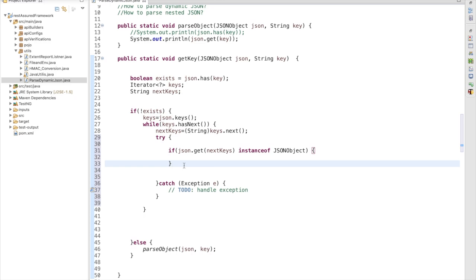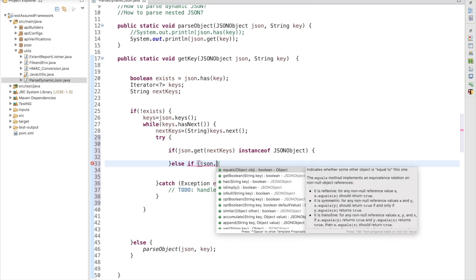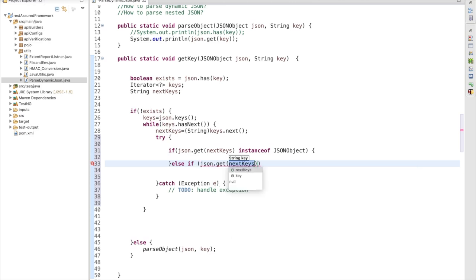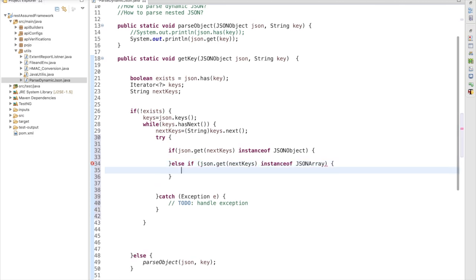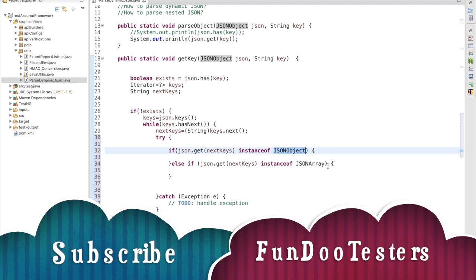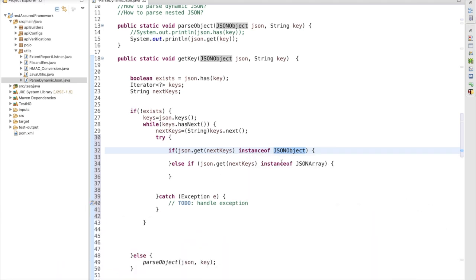And in the else condition, else if it is a JSON array, if JSON dot get next key instance of JSON array, then I'm going to perform another operation. So first I'm checking if the value is available, and then I'm going to check if it is a JSON object or a JSON array. If it is a JSON object, then I am going to perform this operation, otherwise I am going to perform the else operation. So this is the first thing.